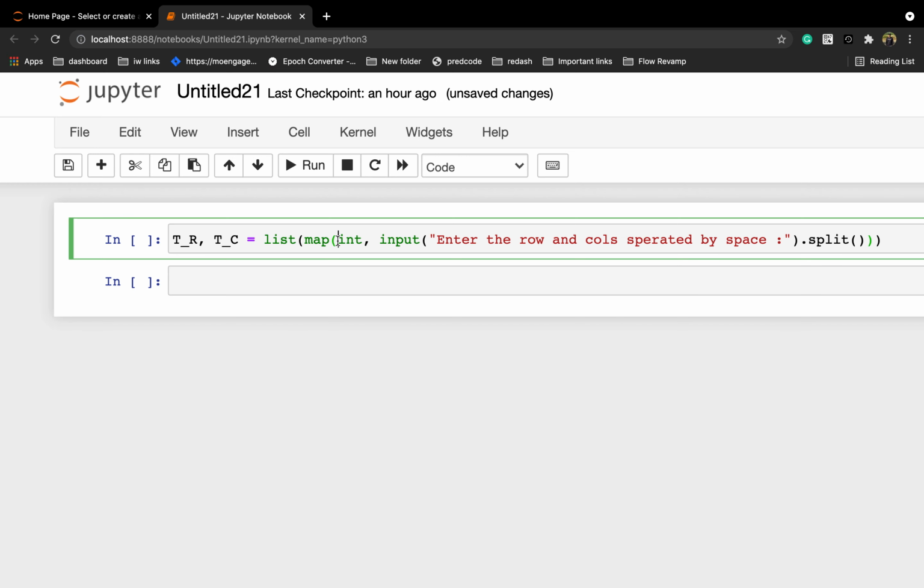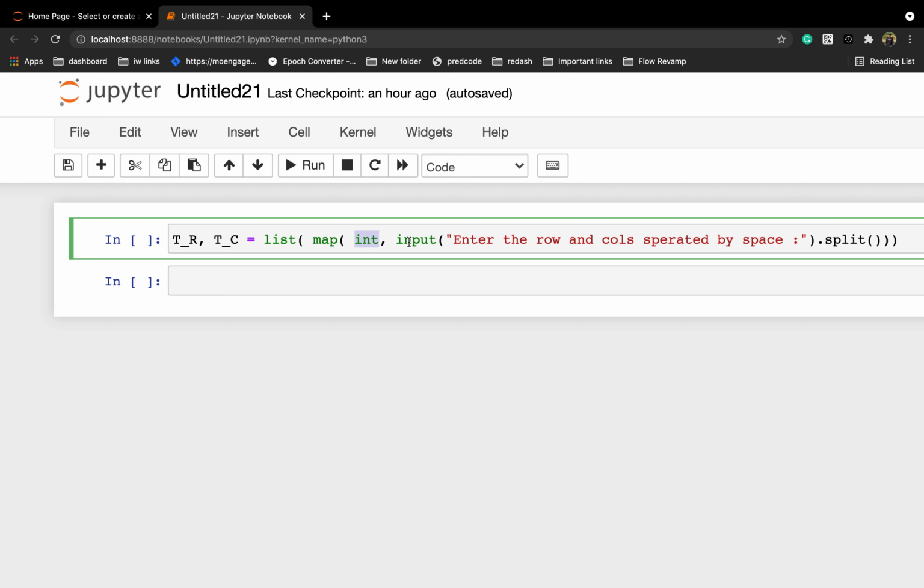So what I am doing here is, what does this map function do? Basically the map function returns a map object, which is basically an iterator of the result after applying a given function to each element of a given iterable, right? So this is an iterable, and this is the built-in function.